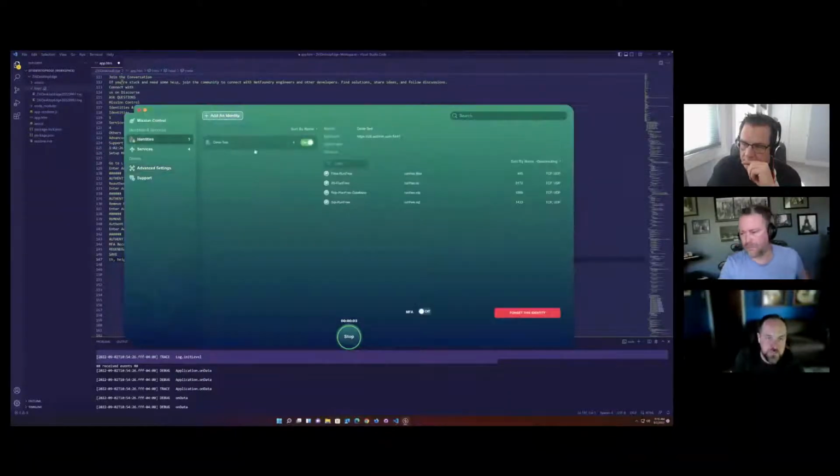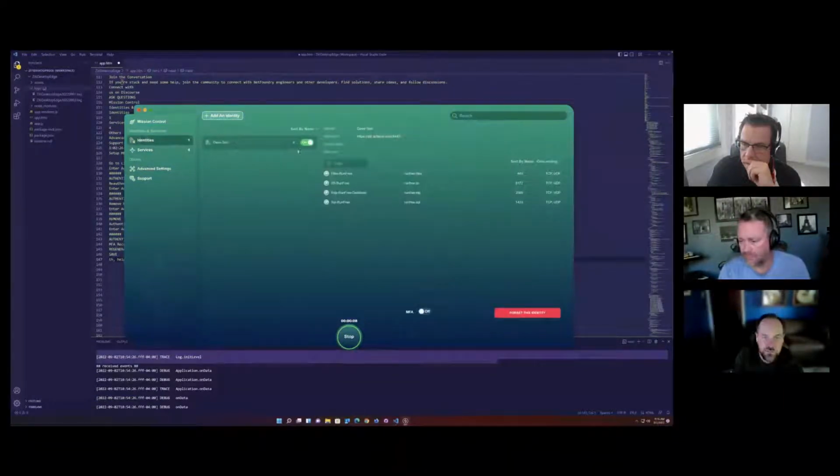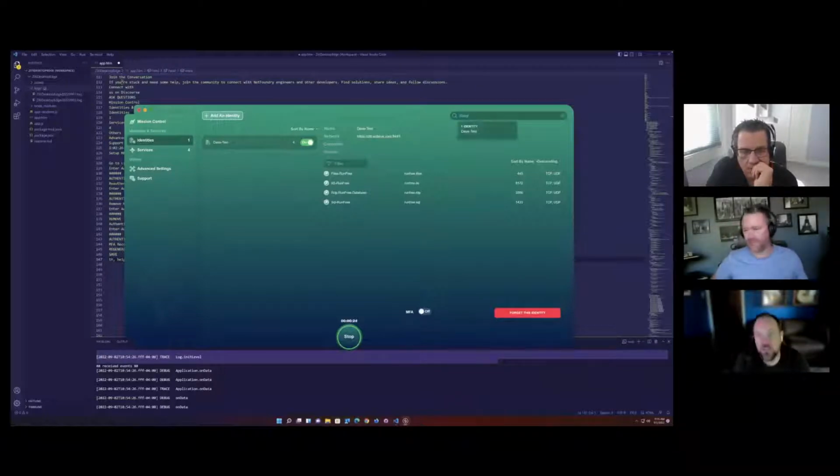But the big difference, like we were talking about before, is if you have a ton of services or a ton of identities, being able to filter and find them and get to the details of each is going to be a lot easier. We also have a global search in the upper right. My example's kind of bad. Jeremy will probably have more when he shows his, but you can do a global search and it'll search all services and identities for anything that starts with that term.